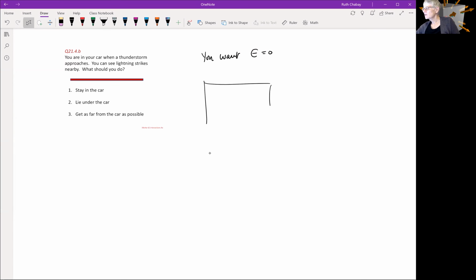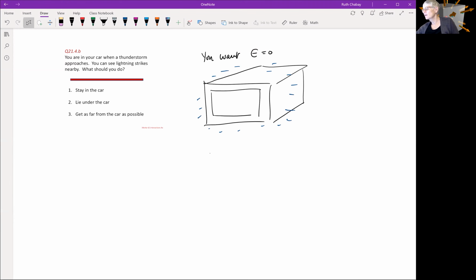And so inside this metal box, which is your car, or your car is at least partly a metal box, even if lightning hits your car, and so it gets charged very negatively on the outside, say,